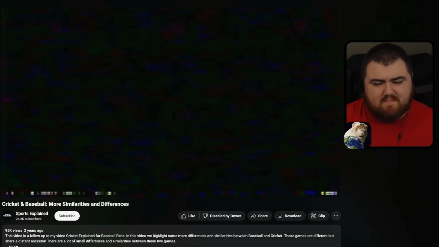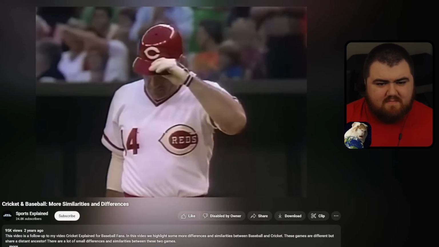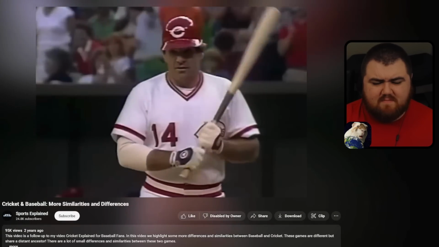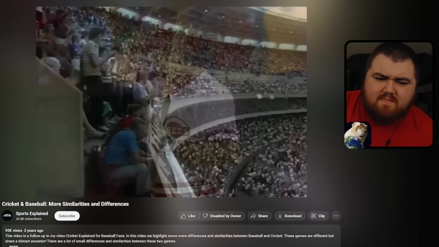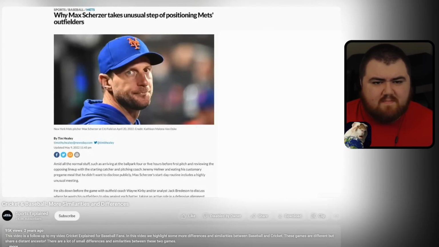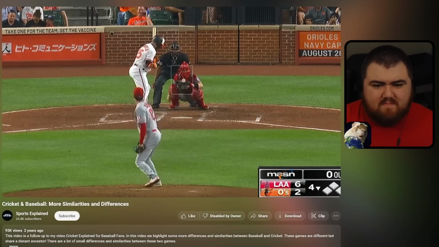The run won't count, but this is something that you might want to do to affect the striking position for the next ball. Another difference brought up by YouTube user Sam Moffat is that a lot of the decisions that in baseball would be made by the manager in cricket are made by the on-field captain, so someone who's actually playing the game. It's been a long time since Major League Baseball has seen a player manager, and it's pretty rare for on-field players to have the level of influence over decision making that a manager has, although it does happen sometimes.